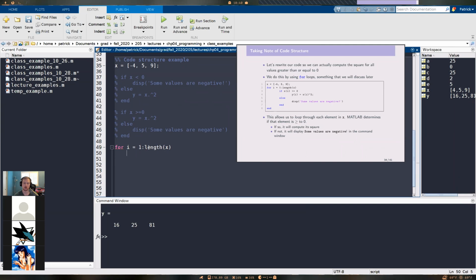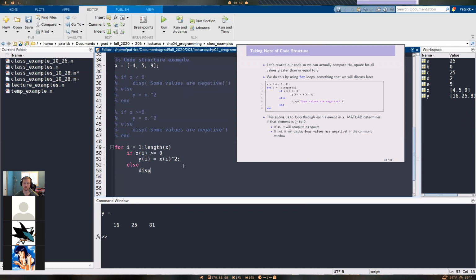So for i equals 1 to the length of x, if x sub i is greater than or equal to 0, this line of code is going through each element in our vector x, then y sub i equals x sub i squared,